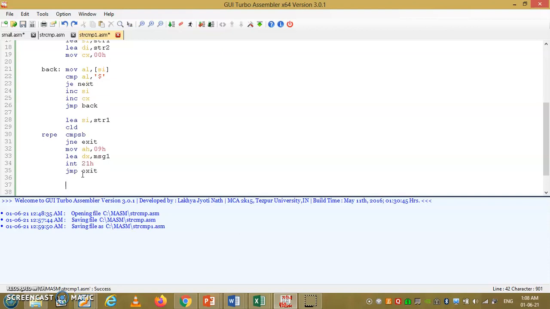And if the not equal condition occurs, then it will go to the next label. Already we have given the next, and the next will be here.